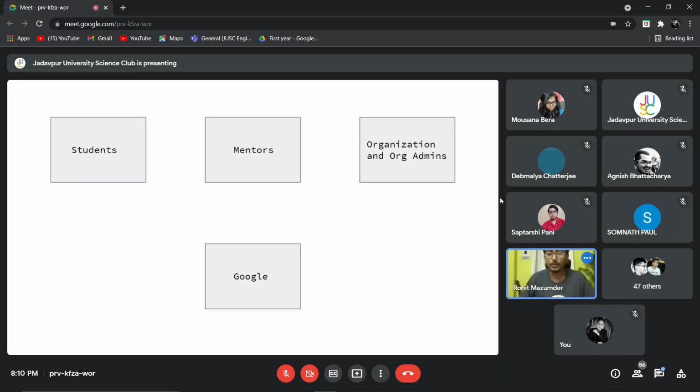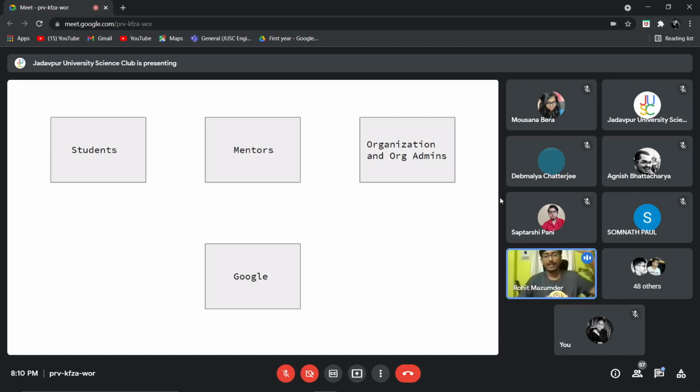The most famous organizations which you've probably heard of are Mozilla, and there is Sublime. I think some of you might have used this tool which is known as Sublime Text. So inside these organizations there are people who are known as org admins. You can compare org admins to the CEOs and presidents and vice presidents of a company in the real world. In the open source world, we call them org admins.